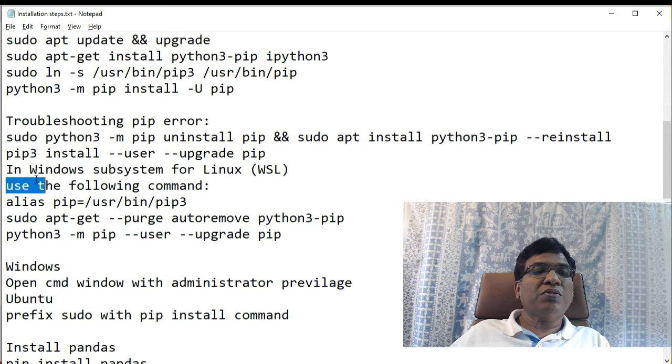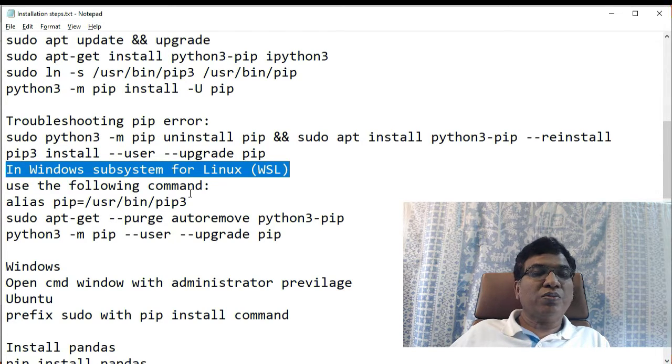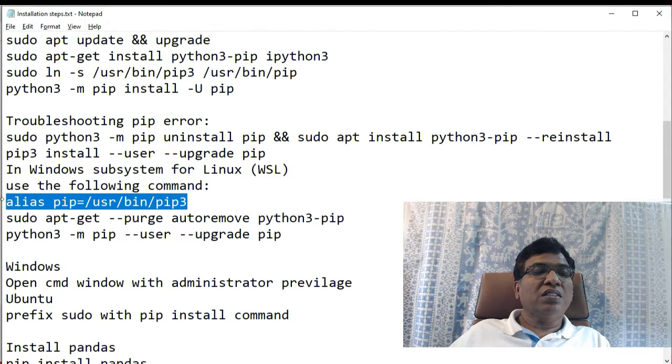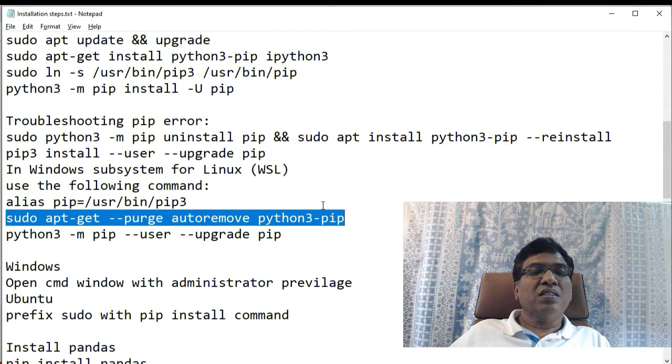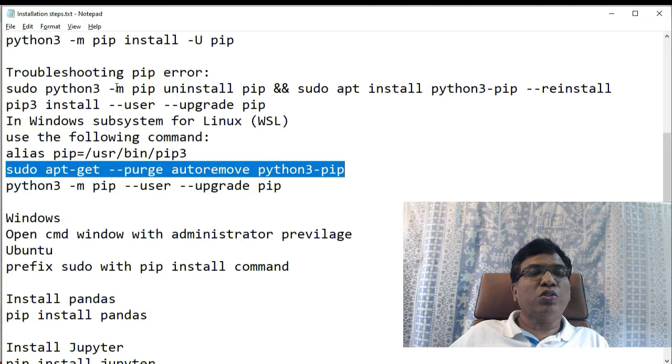In the case of Windows Subsystem for Linux, use the following command. You can use an alias for pip. Sometimes you may require to remove and reinstall, and at that time you can remove also. These are all the troubleshooting mechanisms available for pip.